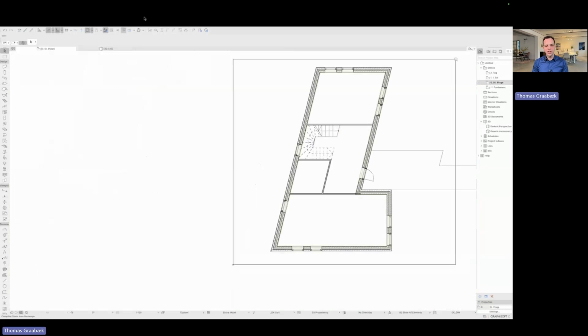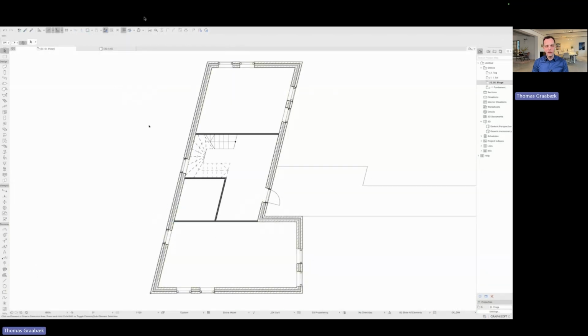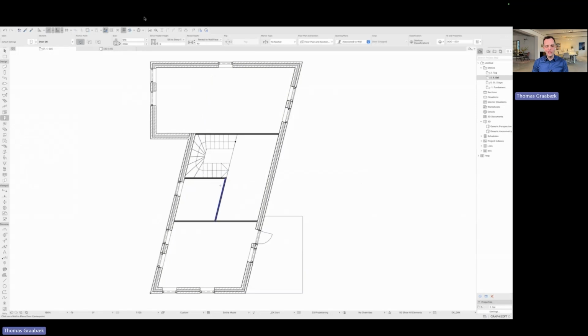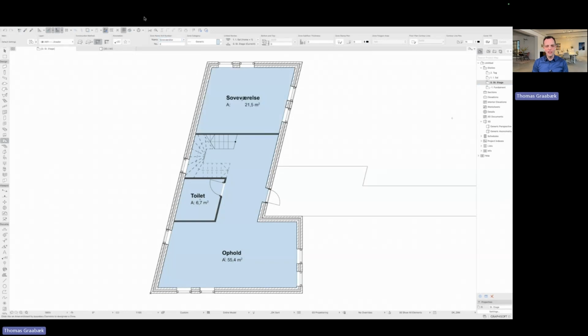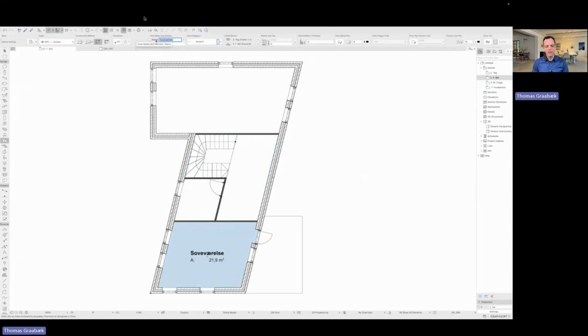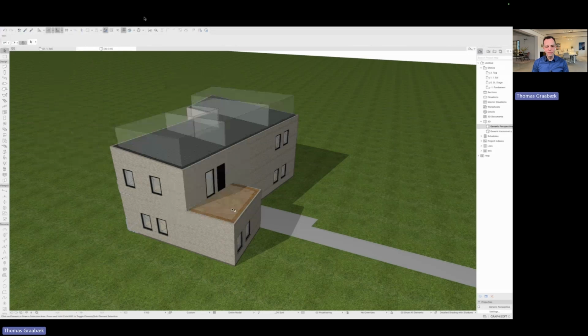I guess you out there are comfortable with modeling in Archicad, so these are probably the same mistakes that you might have made when you started using Archicad many years ago. Of course, you don't do that anymore. And now I'm placing the rooms inside the building, and they will determine the outside walls for the energy calculation.